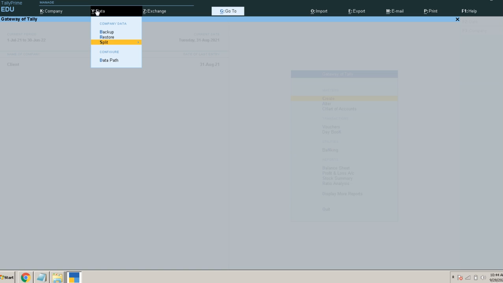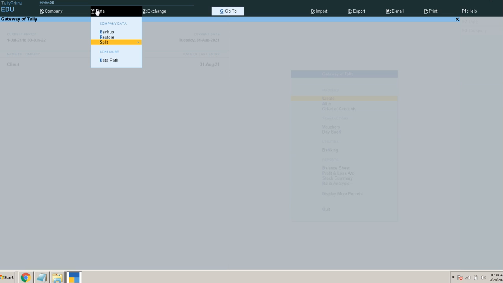What is that split? Under the data tab, split is the functionality given by the Tally software, where if we have multiple years of data in Tally, we will experience slowness, taking more time while opening the report. So we will split.